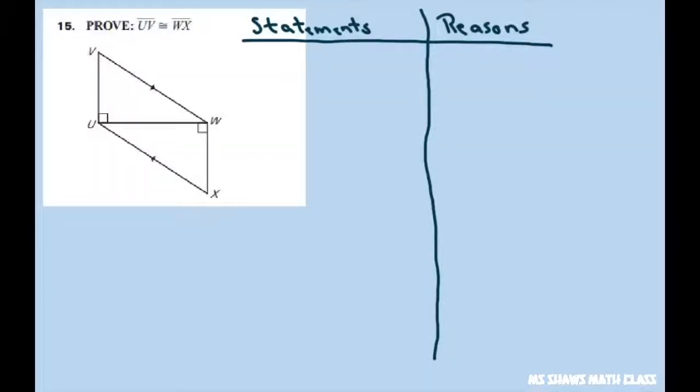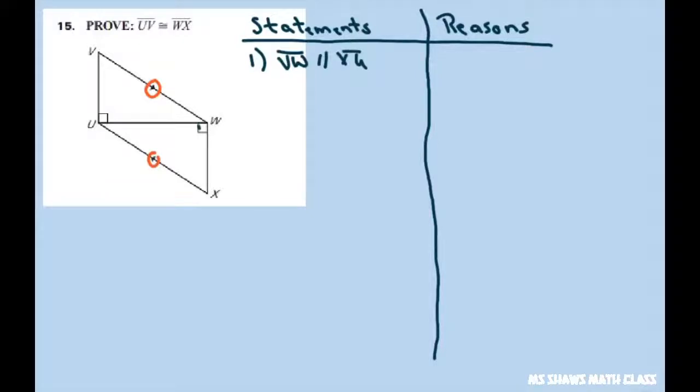We're going to prove that line UV is congruent to WX. So what I want to do first is write down my given statements. I see that I have parallel lines here, so let's write that down. I know that VW is parallel to XU,